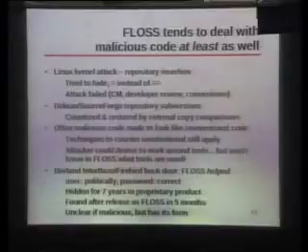So is there any evidence that FLOSS can deal with malicious code? The answer is yes. There was an attack on the Linux kernel several years ago where someone tried to insert malicious code into the repository. And the code itself actually was pretty clever. I don't know how many of you know the C programming language, but it used a clever trick where it used a single equal sign instead of a double equal sign. This is the sort of change that looked correct. If you didn't look carefully, the code looked perfectly reasonable, normal. But it was very carefully designed to look